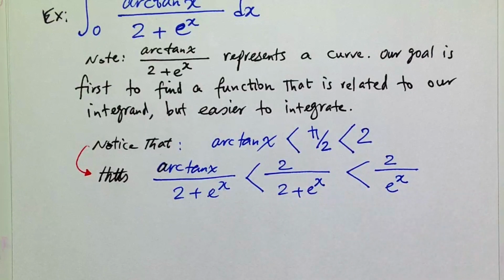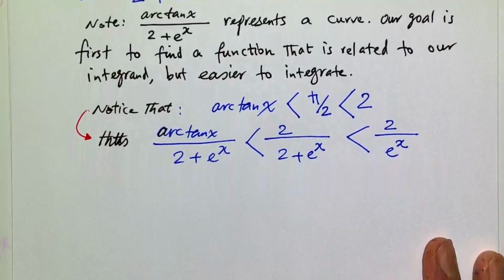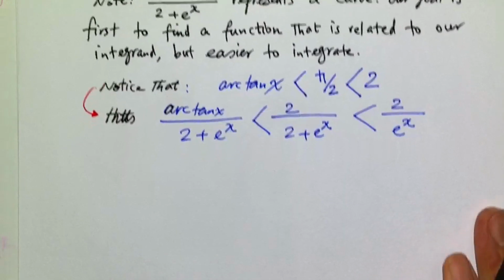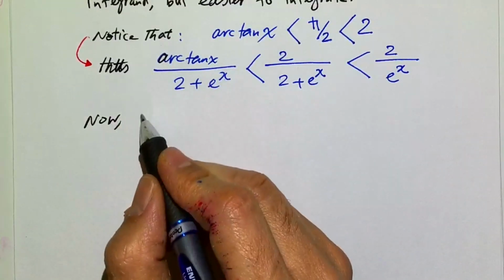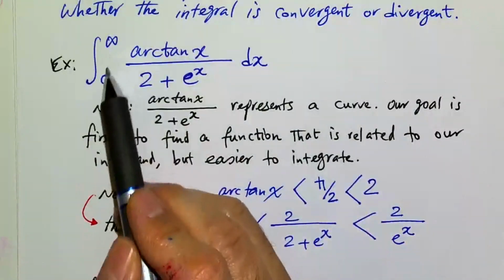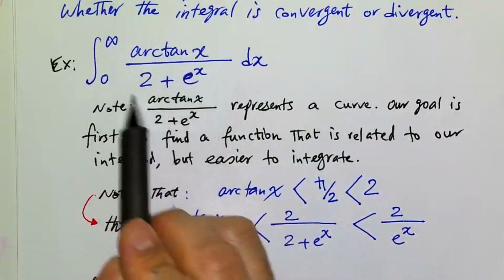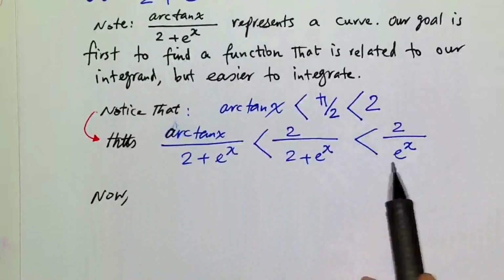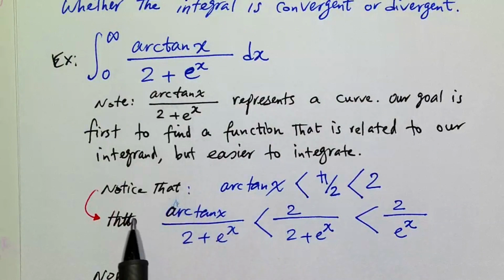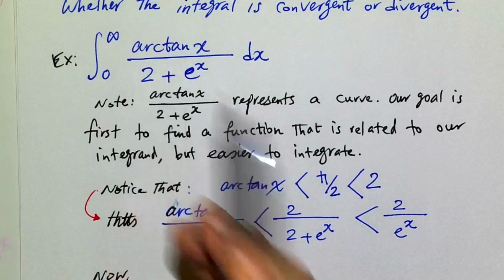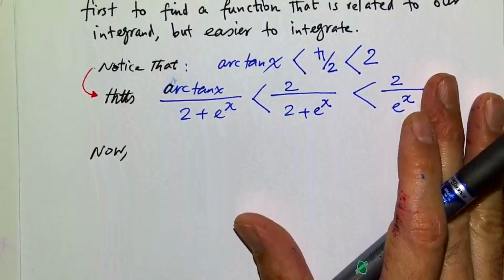So we found a function that represents a higher curve, and look at that. This is an easy function to integrate. So let's do that then. So now we can say that I'm going to keep the limits of integration the same, but I'm going to replace this with this higher curve, because I know that if that improper integral converges, then this one will also converge. Okay, so now